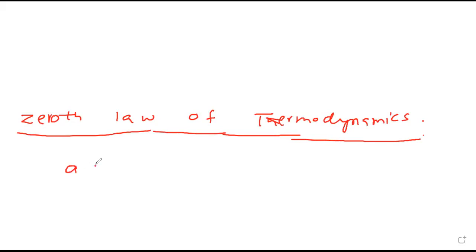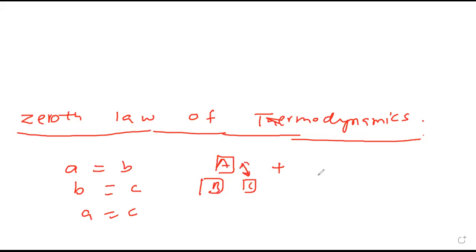See, if A is equal to B and B is equal to C, can I say A equals C? Yes. Suppose there are three systems A, B, C. If A is in equilibrium with C, meaning both have the same temperature, and A is also in equilibrium with B,